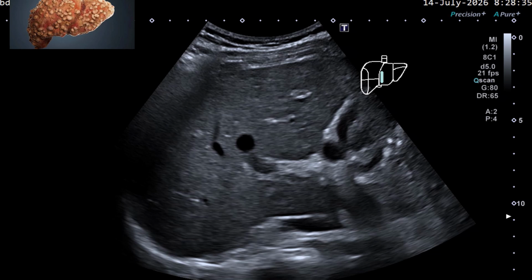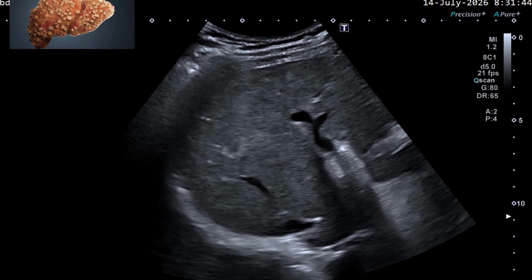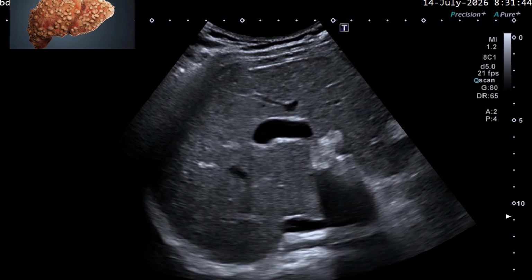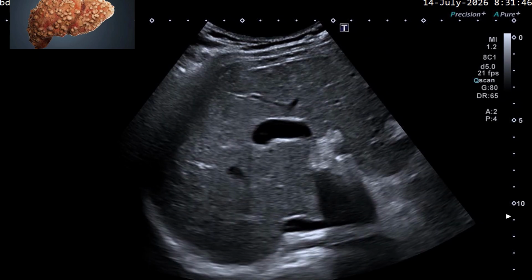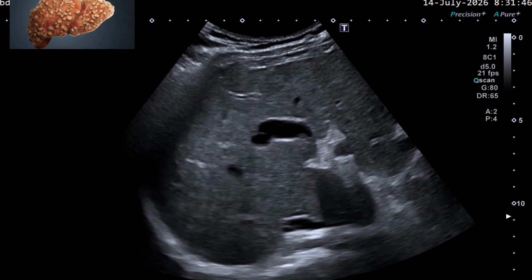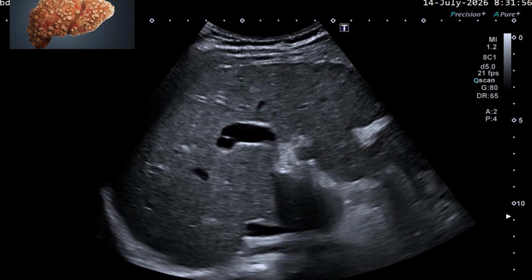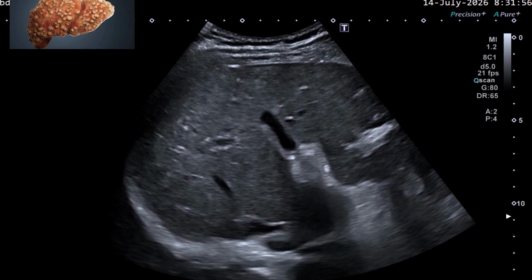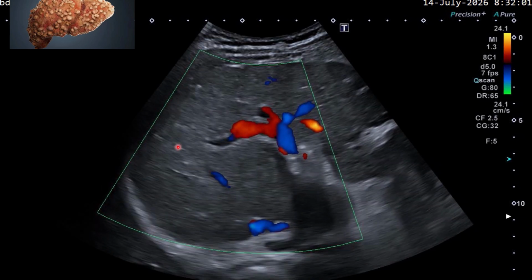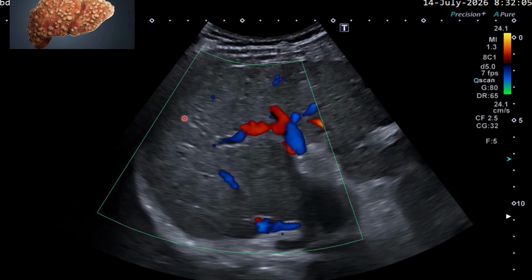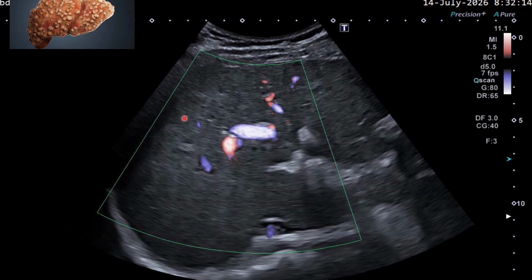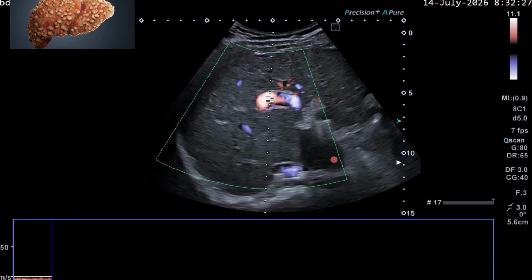So in this presentation, we want to discuss one of the rare occurrences in abdominal ultrasound scan. Have you ever heard about a portal vein aneurysm? So here we have a case where we have a segmental portal vein aneurysm. So what you have here,